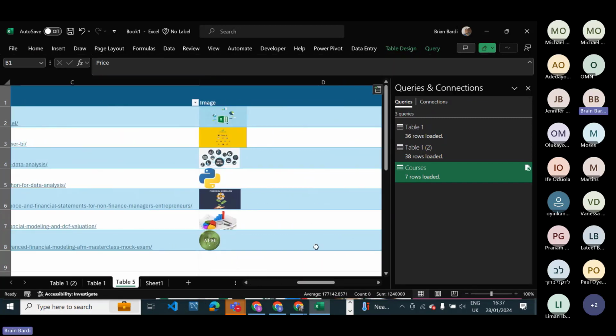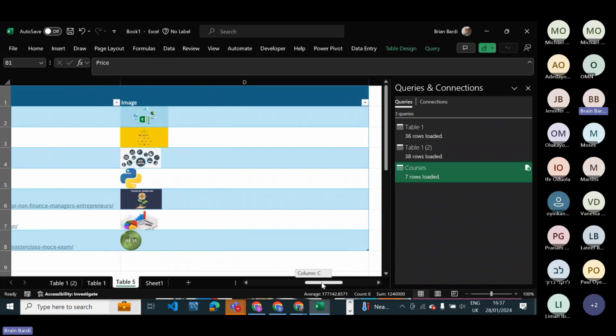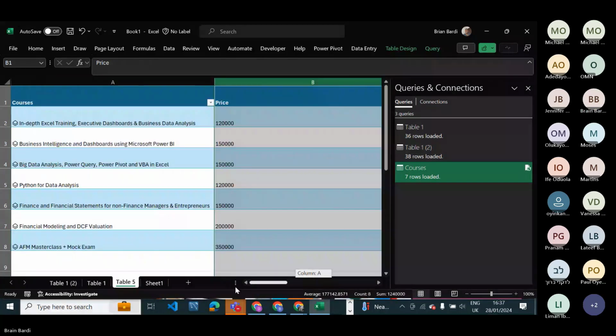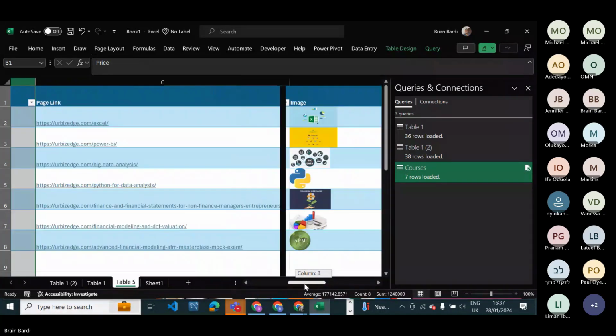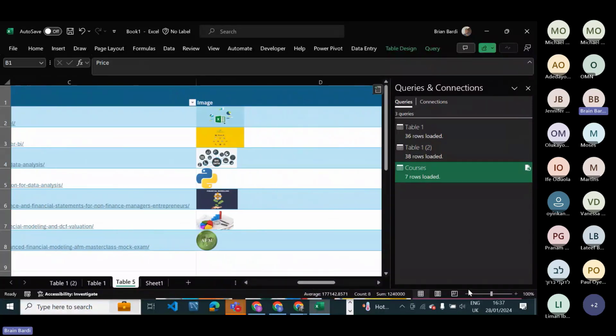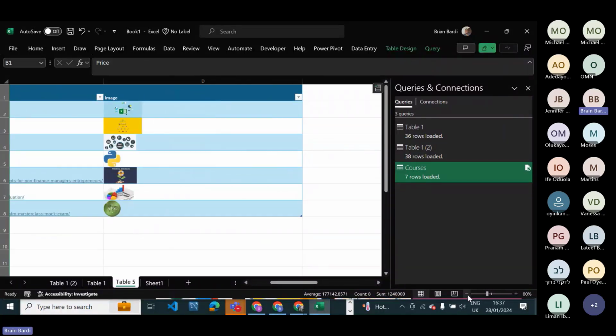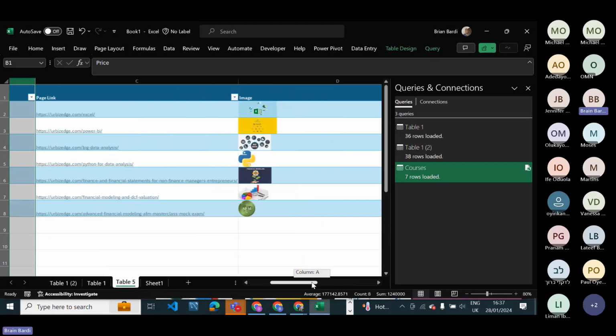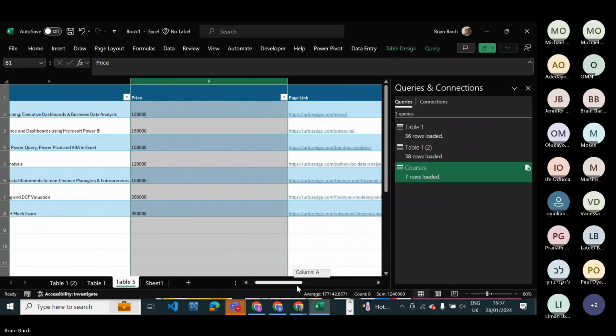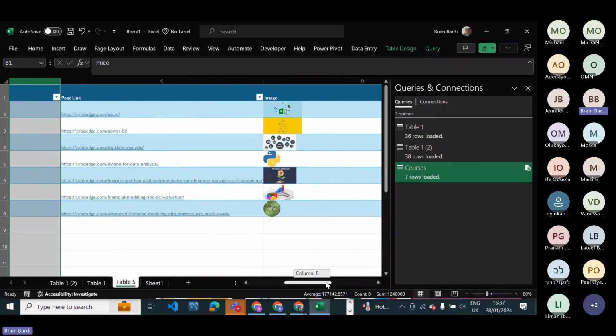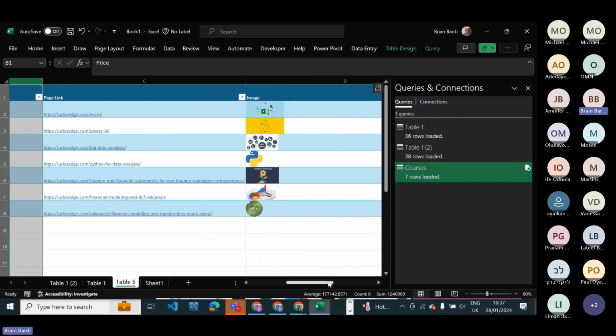So our images are here. These are the images for each and every one of the courses we wanted. Right, so in summary, this is what I was hoping to achieve today: trying to teach how you can use Excel to scrape data, extract data from the web page without having to manually write it out or use any other application. You can actually use Excel and keep on working from it from here.